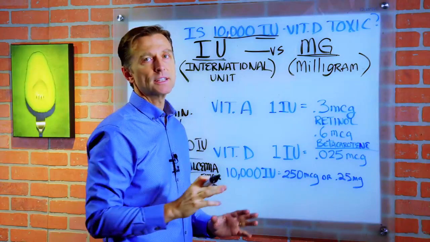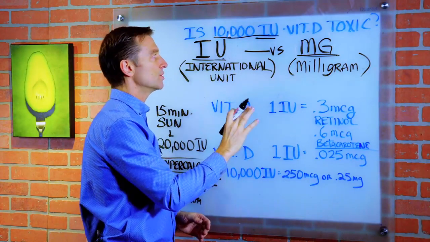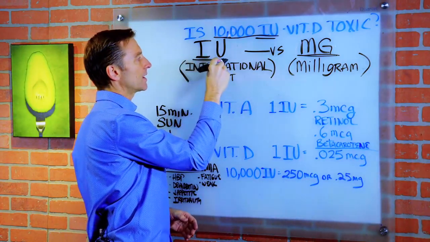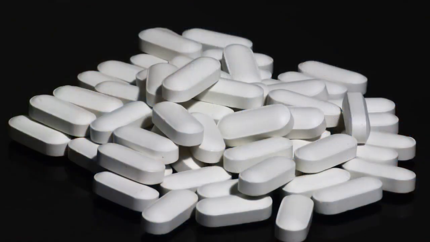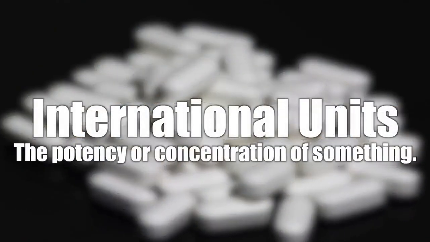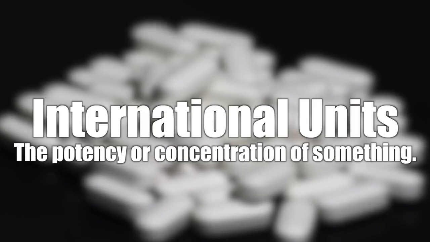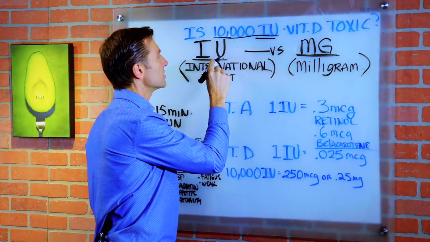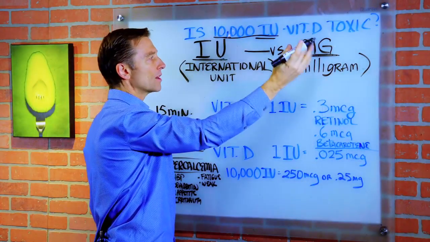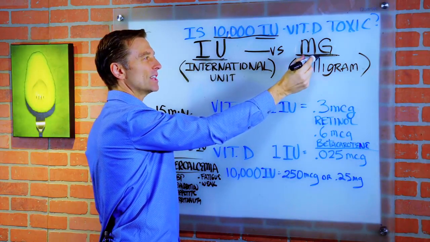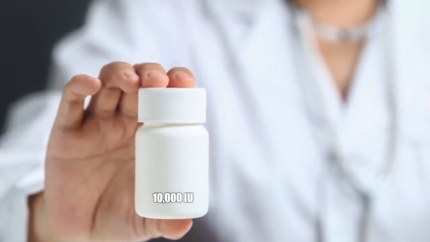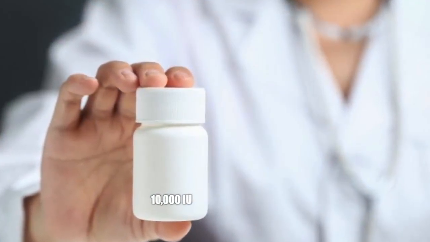So I want to differentiate the different units that are used in certain nutrients. You have international units, okay? And then you have milligram or microgram units. So international units are really the potency or concentration of something. So it's a little complex to convert international units to milligrams or micrograms simply because this is the concentration. And this isn't necessarily the concentration, it's the amounts. So you don't need to really be alarmed if you see large amounts of international units, because let me show